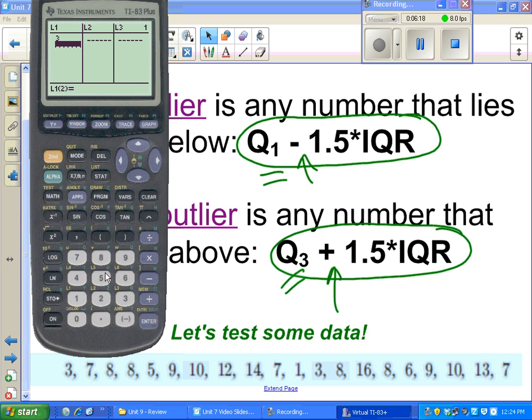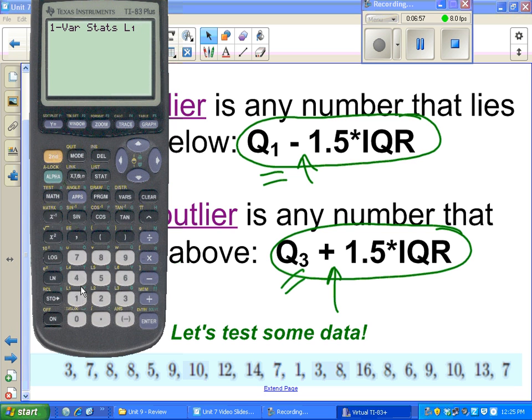So 3, 7, 8, 8, 5, 9, 10, 12, 14, 7, 1, 3, 8, 16, 8, 6, 9, 10, 13, 7. And remember, I would always say to go to Stat, Calc, 1-Var Stats, and we know that your